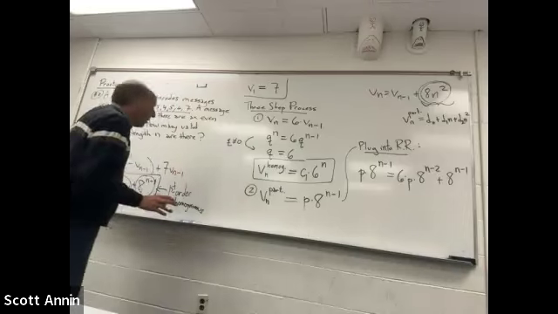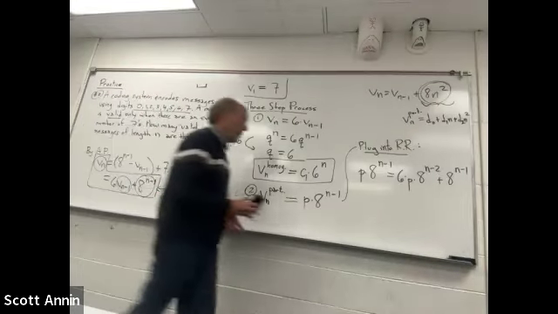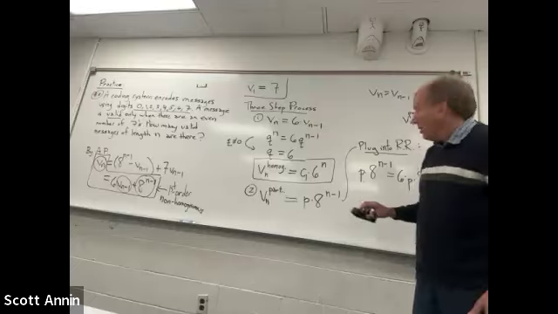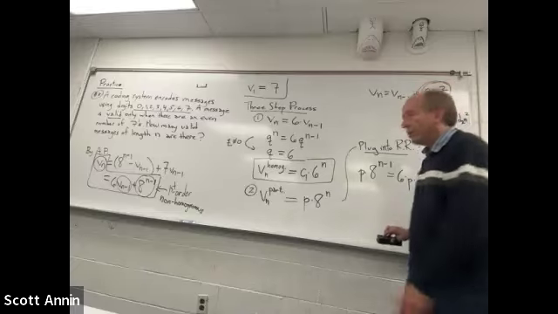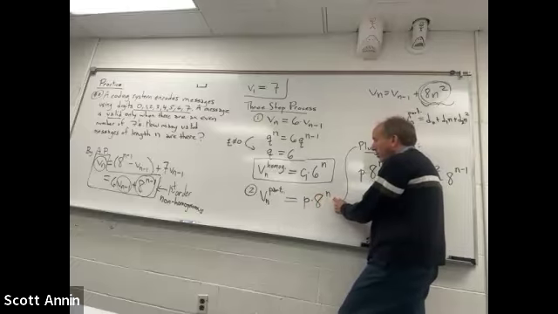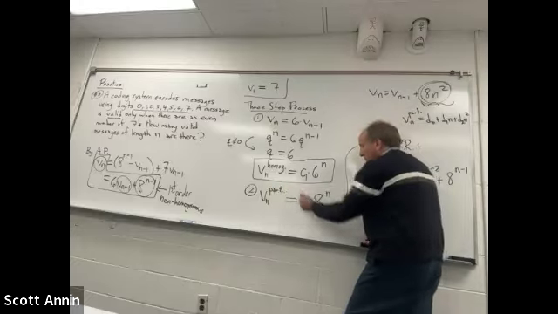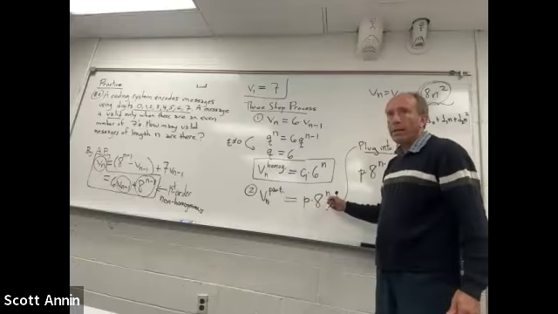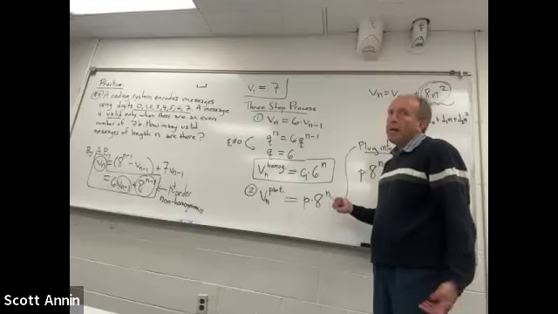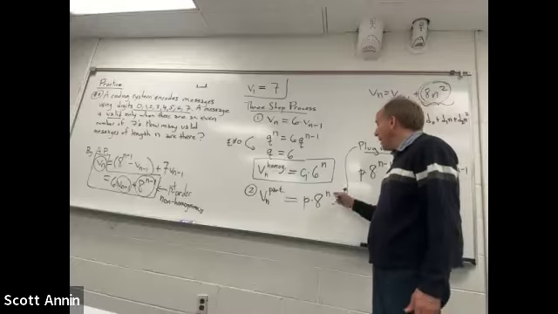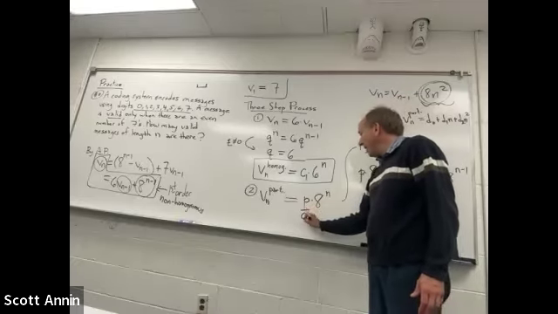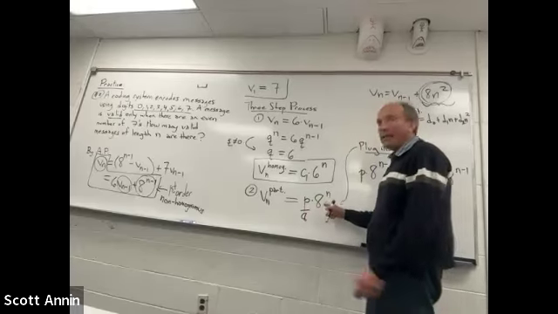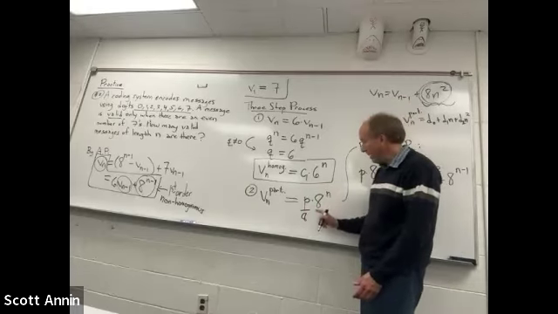Some people, by the way, have asked me, when I've done this problem in the past, is it okay if I just do this instead? And just instead of 8 to the n minus 1, can I make the Vn particular just look like p times 8 to the n? The answer is absolutely that's fine. Because actually, if you think about it, if I just divide by 8 here, 8 to the n divided by 8,